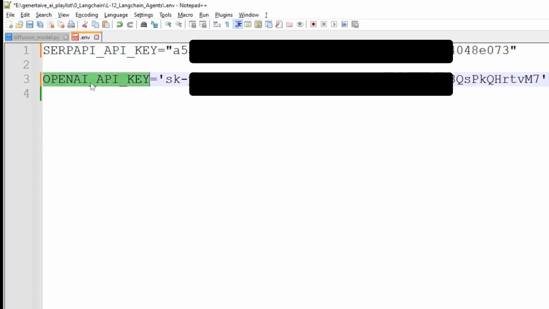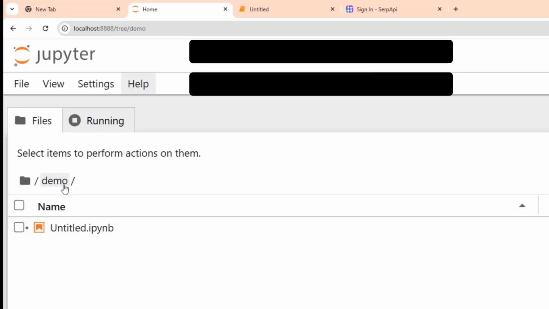And in the same way, for the OpenAI API key, you will write a name like this, and here you will paste your OpenAI API key, right? So you will create a .env file. This is an important step, and this .env file should be in the folder where your code is.